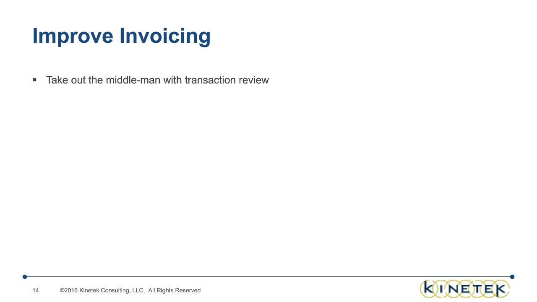Well, what we're seeing happen today is that a lot of transactions are moving around. Sometimes a lot of things have to be put on hold, and quite frankly, there's error that's involved there. And so you may have the biller who may have missed some transactions, or maybe there was a miscommunication as to what exactly they were supposed to do with something, and so then that whole process needs to be repeated. And you typically, if you're repeating that process, then you can just add another day to when you can get that invoice out. So how can we speed up that process with the applications that we have today?